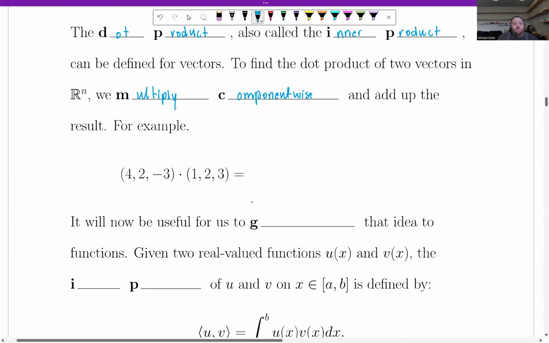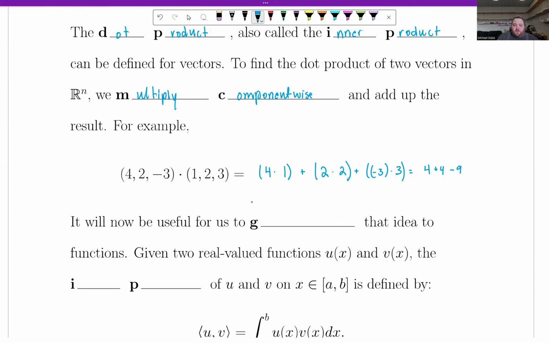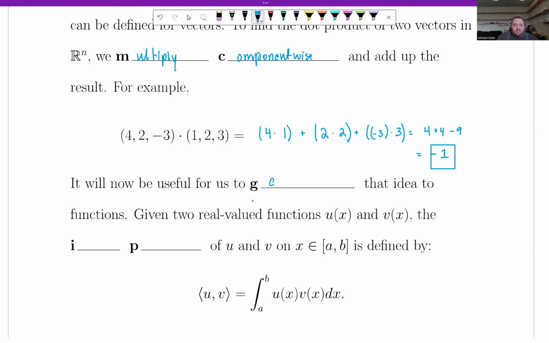For example, if we had these two vectors and we took the dot product of them, then we would be adding together 4 times 1 plus 2 times 2 plus -3 times 3, which would equal 4 plus 4 minus 9, which is equal to -1. So the dot product of these two vectors would be -1. Okay, so when we talk about dot product of vectors, we multiply component-wise, and that gives us a value. It would now be useful for us to generalize